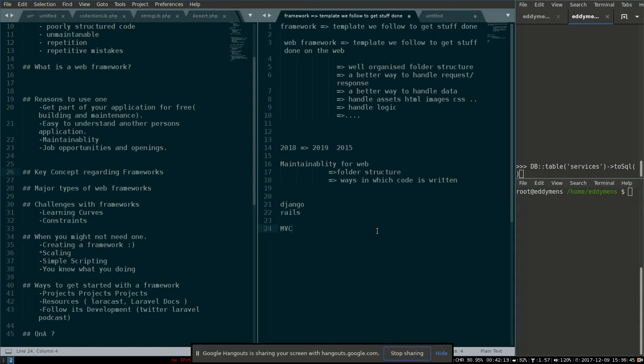And I know most of us would know the full meaning of MVC here: M standing for model, view, and controller. And these terms mean nothing more than, if we talk about models, then what we are talking about